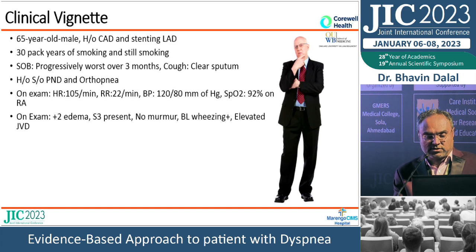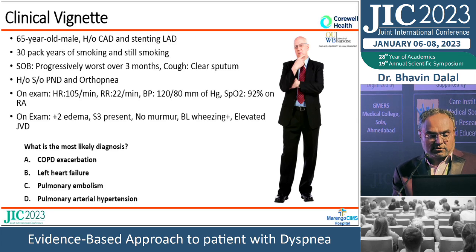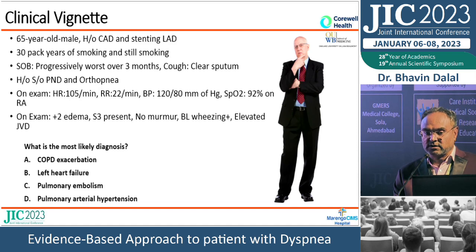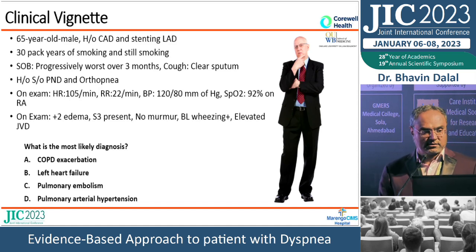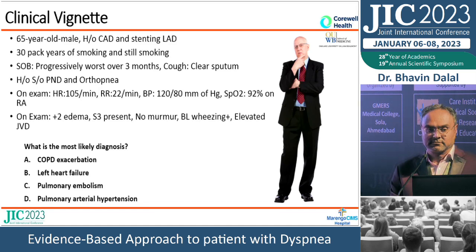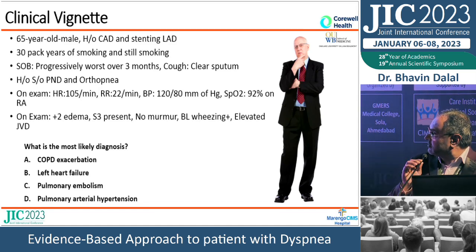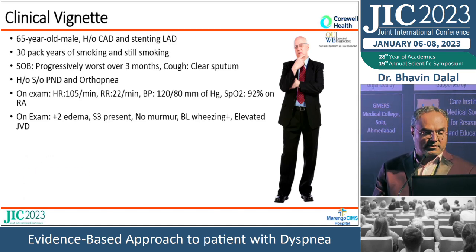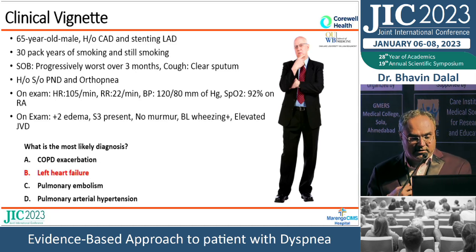On exam, the heart rate is 105, respiratory rate is 22, blood pressure 120/80, pulse ox is 92% on room air. On exam, 2+ pedal edema, S3 is present, no murmur, bilateral wheezing is present, and there is elevated JVD. So the question for you, what is the most likely diagnosis? I think you are seeing this type of patient almost on a daily basis. People did not vote. Anyhow,